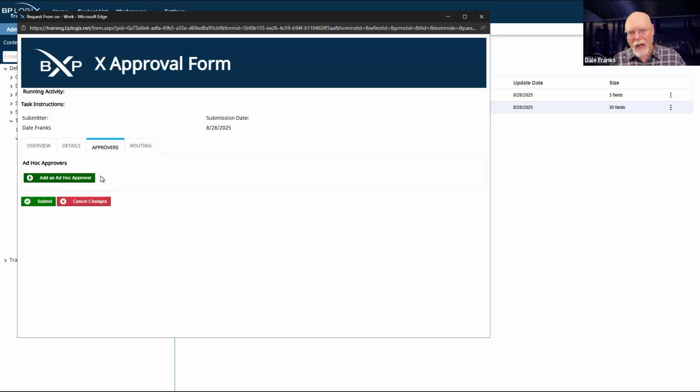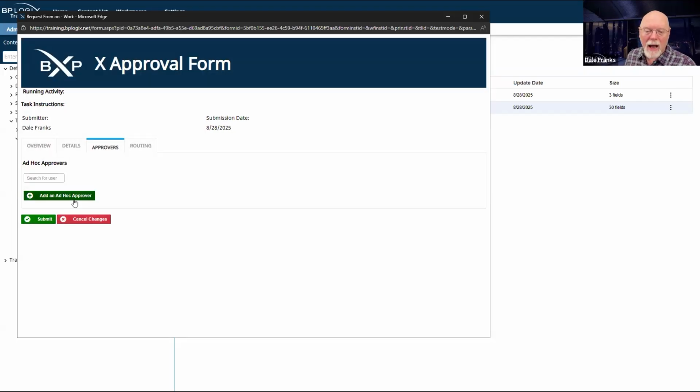So I've got all of the standard approvers set up in my process timeline, but I do have an ad hoc approvers activity that enables me as the submitter to add my own set of approvers who, just prior to the process manager reviewing everything to be sure everything is correct, get a chance to weigh in and approve or deny or ask me to resubmit my request. By default, there are no ad hoc approvers. I have to add them on an ad hoc basis, hence their name.